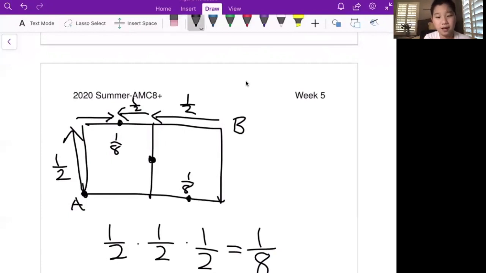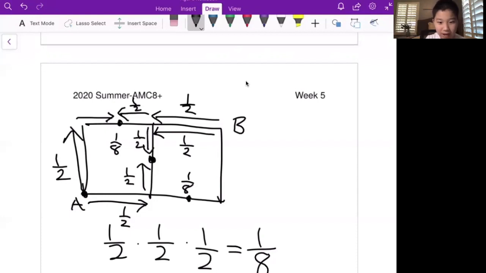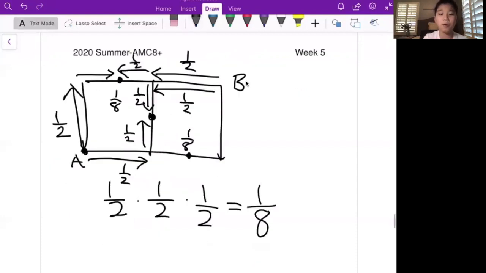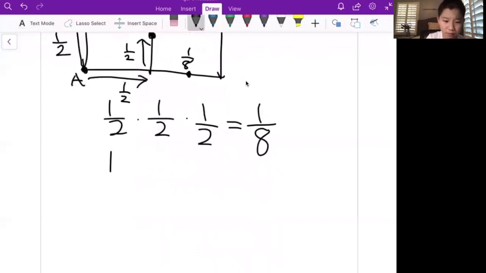So how about the other meeting spot? Well, the other one, Alice will have to go there with probability 1/2. Bob will have to go there with probability 1/2. Then Alice will go up with probability 1/2 again. Same with Bob, he'll also get 1/2. So there are 4 1/2s this time. 1/2 times 1/2 times 1/2 times 1/2 equals